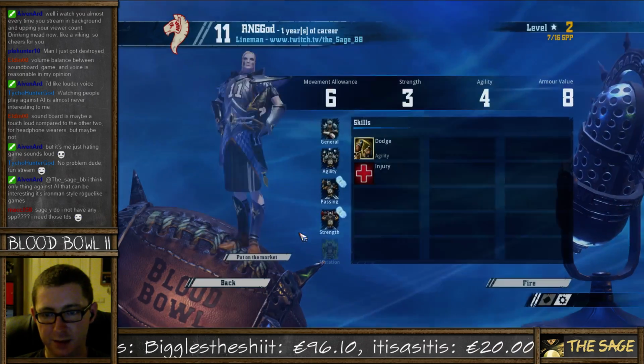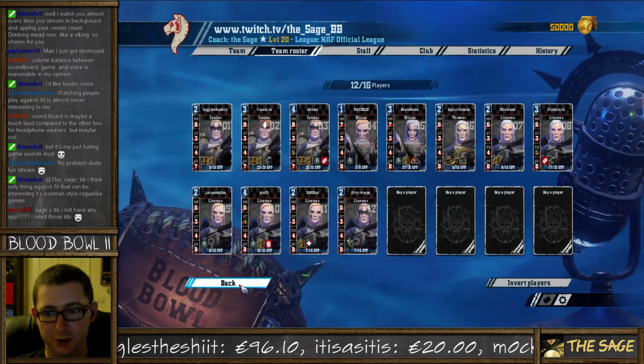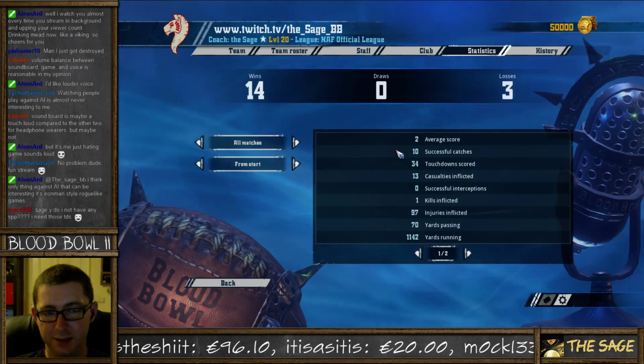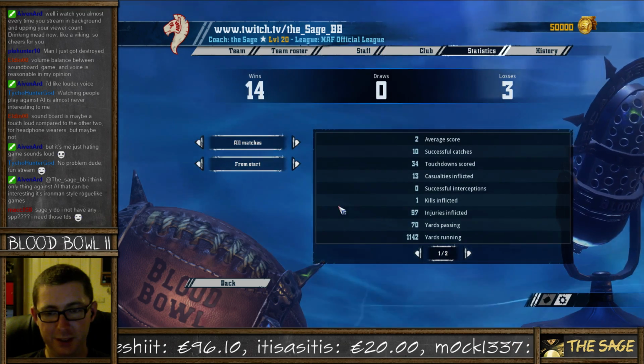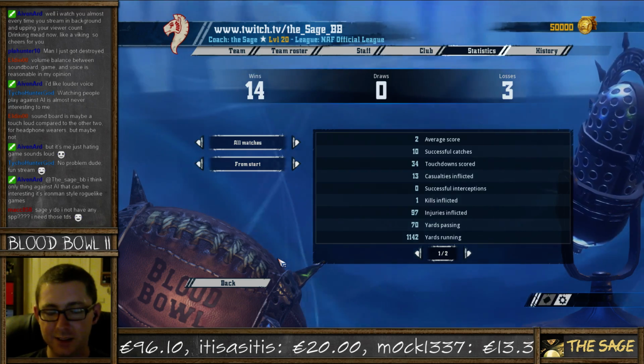RNG God is merely missing next game, so the team is still in good shape. And it's now 14-0-0, really. Reconnect Sarth. Right, so